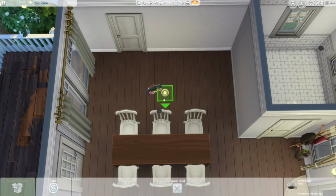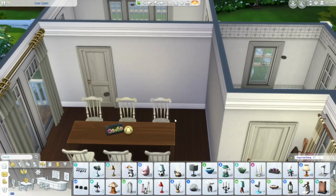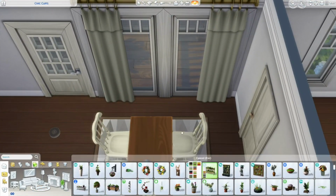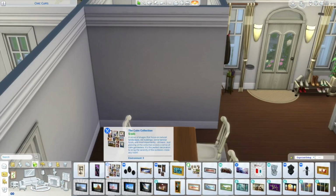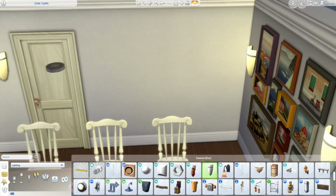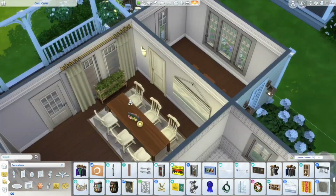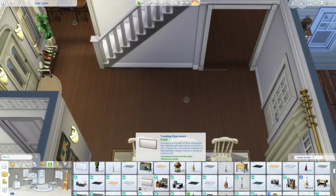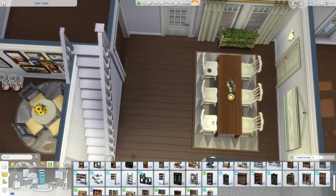I normally said that everything worked completely fine, but they didn't for this house. There were some routing issues. I had to remove one of the things from the island counter in the kitchen so my sim can cook. I also had to move, I think, the coat hanging rack in the hallway area